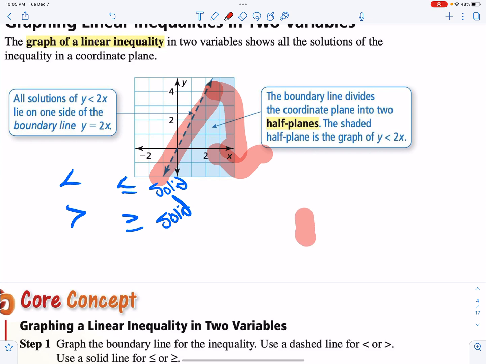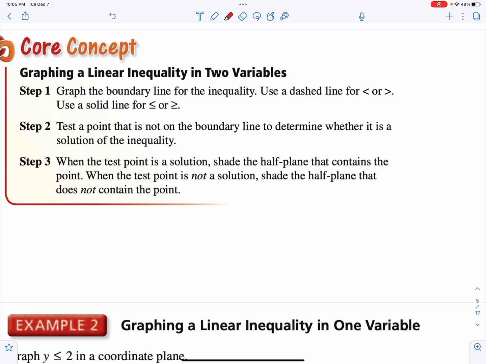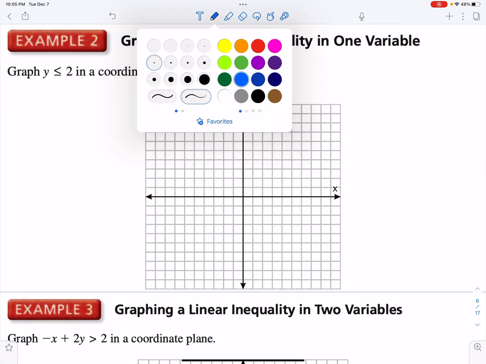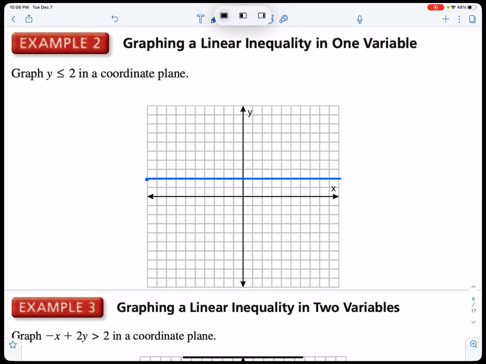Now, obviously, there's tricky ones where we have vertical lines, but think less than just like a number line. Number lines, less than is to the left, greater than is to the right. So if we look at this, here's your notes for that. So solid and dotted lines, shading above or below the half plane. In this one, we have y is less than or equal to 2. Keep in mind y less than a number is a horizontal line. We learned that back, I think clear back in chapter 2. It's a horizontal line, and because it's less than,